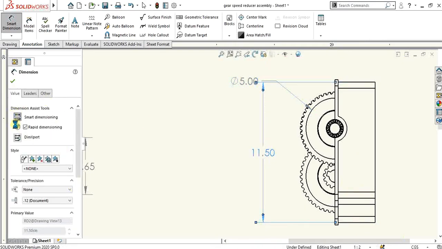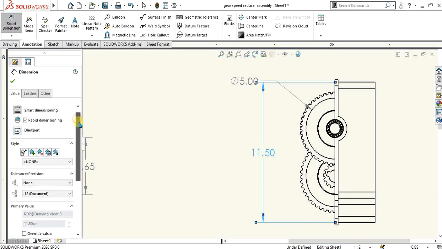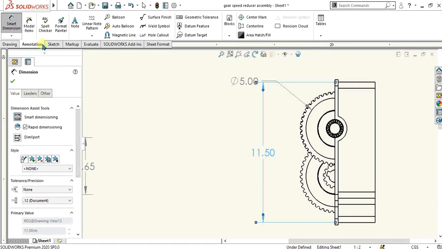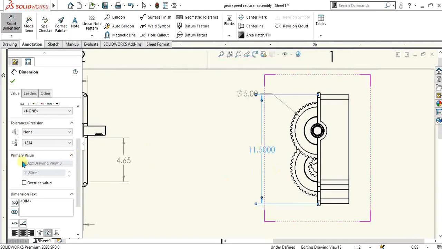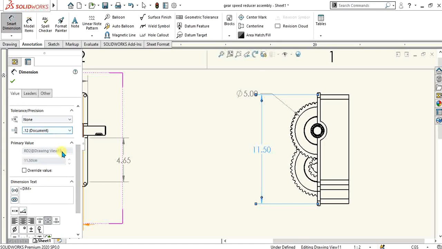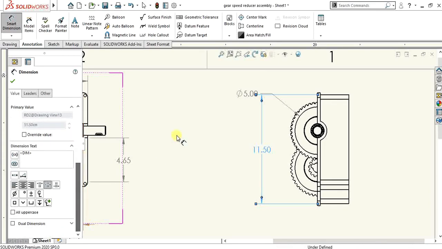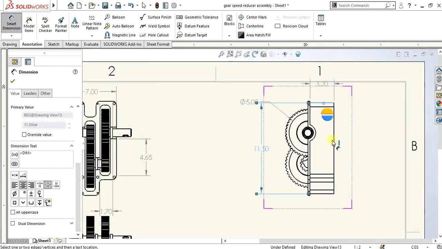These two buttons are the rapid dimensioning buttons. It will rapidly dimension your model, and this is the dimension property manager. From here you can set the number of decimal places for your drawing or dimension values like this. So basically it is standard up to 2 decimal places, and from here